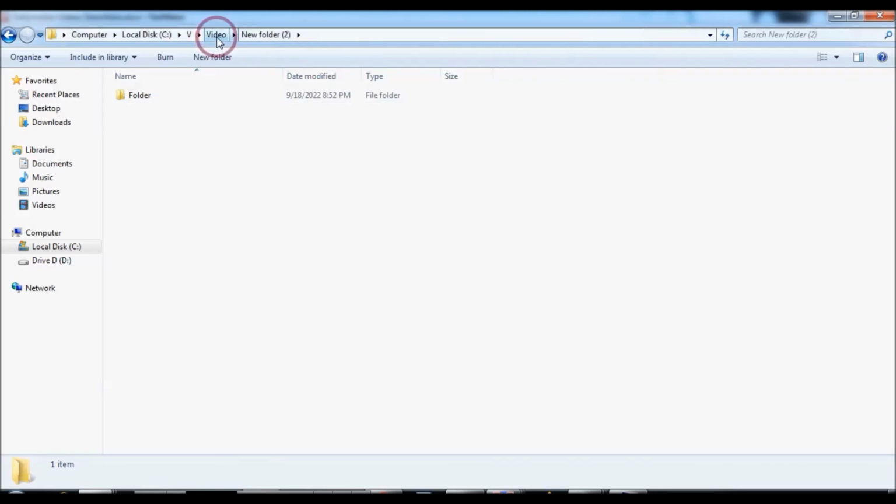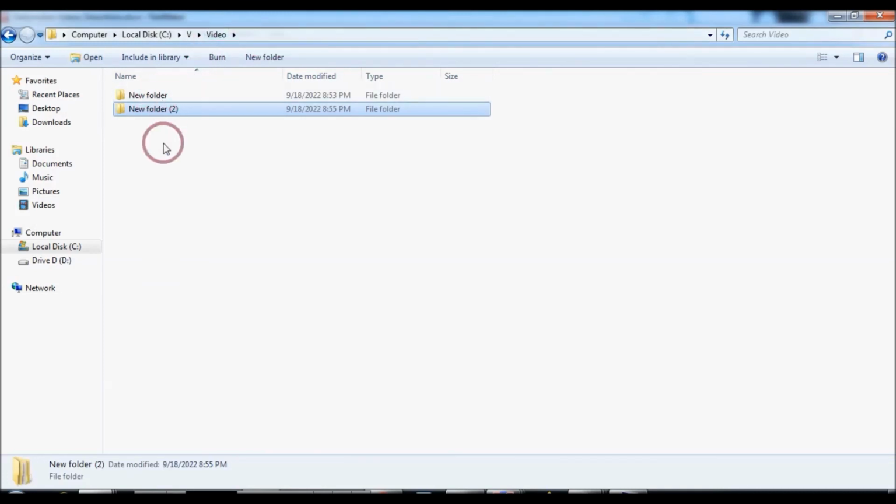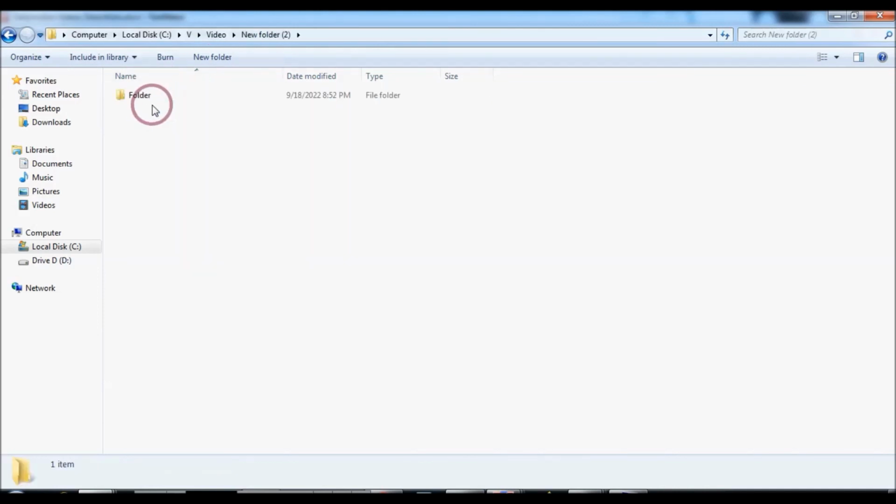Now you will see the folder has been moved. It has been moved from other folder to new folder too. So in this way you can move